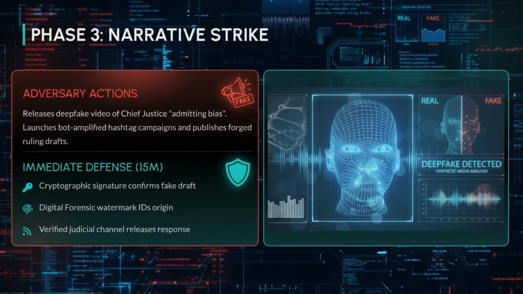Phase 3, the narrative strike, involved the adversary releasing a deepfake video of the Chief Justice and launching bot-amplified hashtag campaigns. The immediate defense, deployed within 15 minutes, used cryptographic signatures and digital forensic watermarking to confirm the fake draft